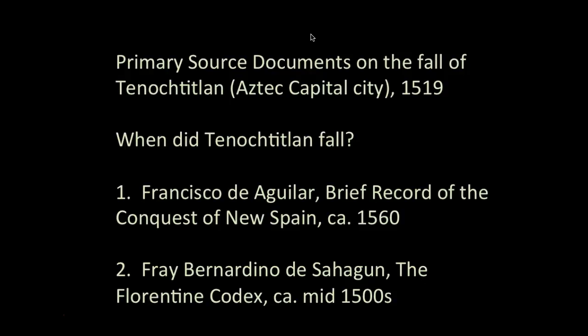Okay, a few primary source documents. Okay, so these primary source documents that you have to read in order to answer this question, there are two of them, and they discuss when did Tenochtitlan fall. And there are two kind of interesting juxtaposing arguments. One is from Francisco de Aguilar, and it's called The Brief Record of the Conquest of New Spain, and it was written in 1560, so this is some 40 years after these events occurred,